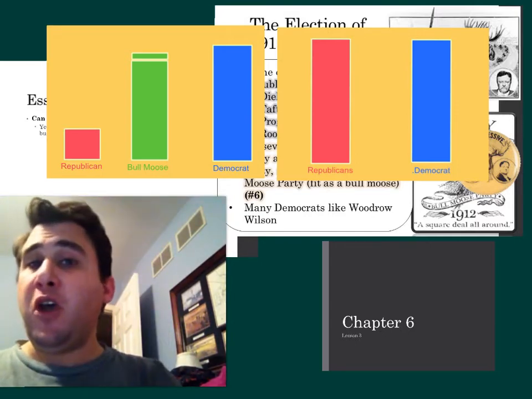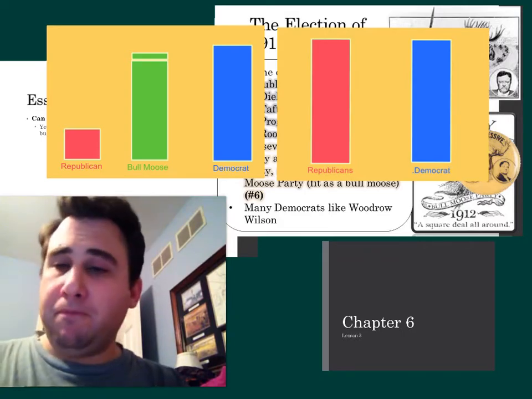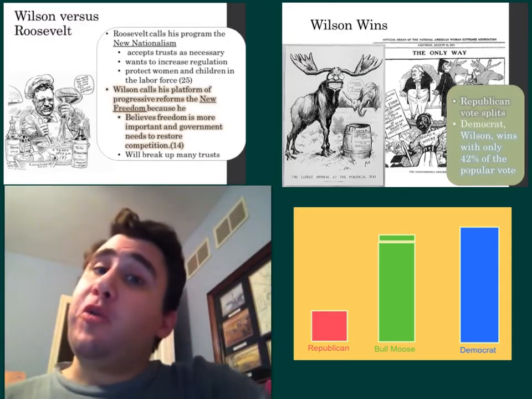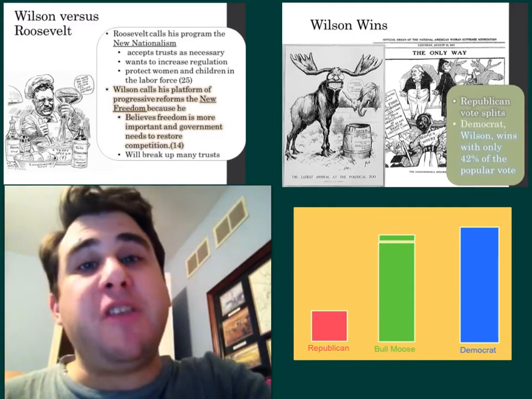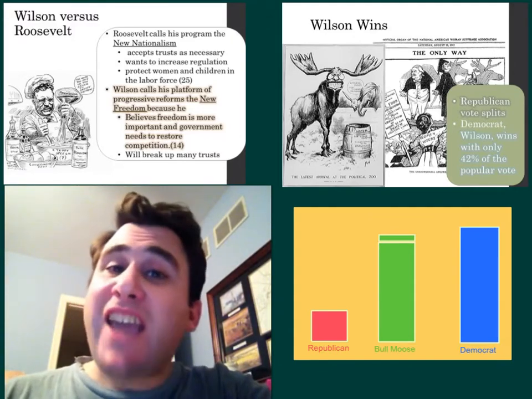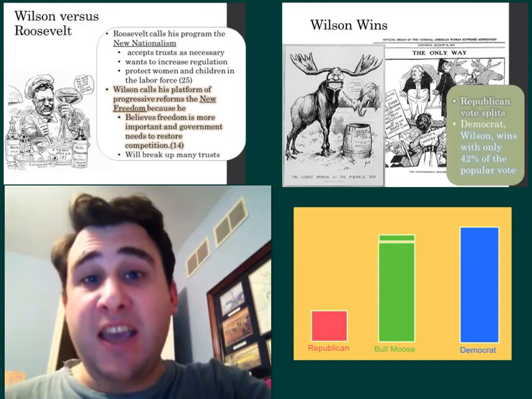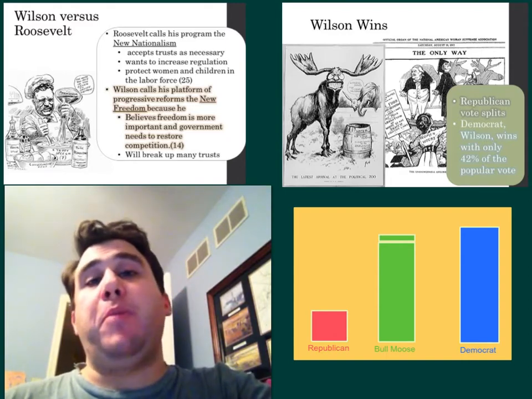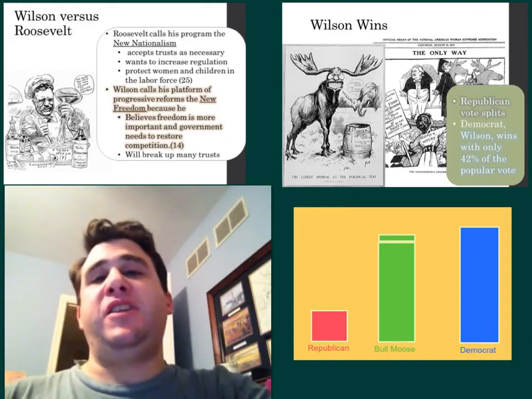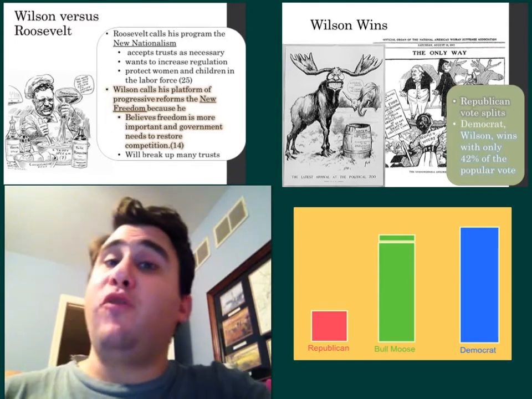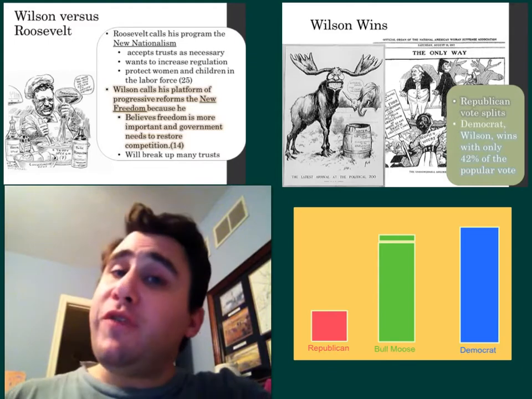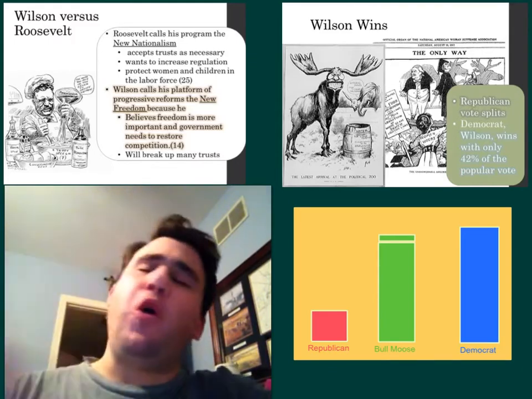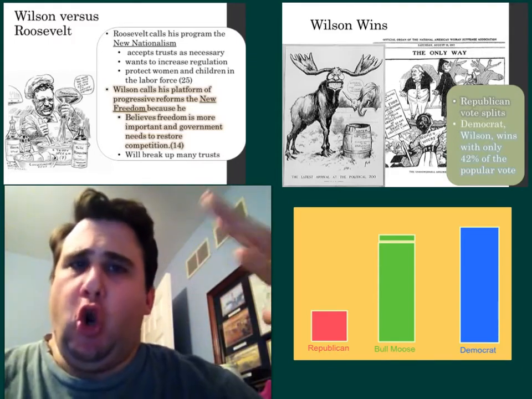How it all plays out, though, depends upon the voters. And you better bet your bottom dollar that each of these candidates is going to try really hard to make the best argument they can to capture enough votes to take the election, because everybody's worried about who and how many will flock to Teddy Roosevelt and the Progressive Party and vote for him instead of their traditional Democrat or Republican Party. Roosevelt, for his part, gets out there and calls all of his programs the New Nationalism.